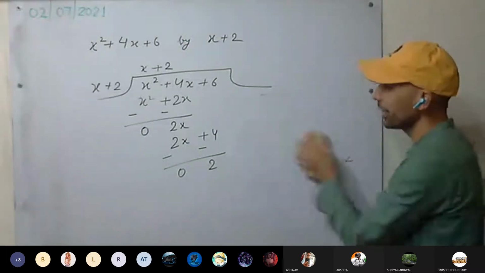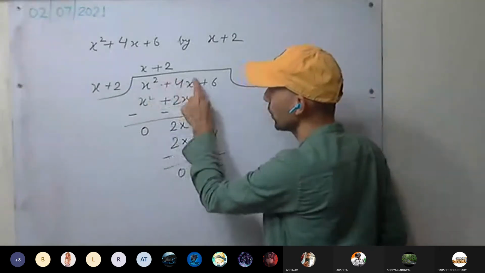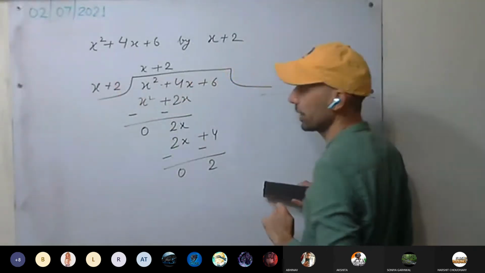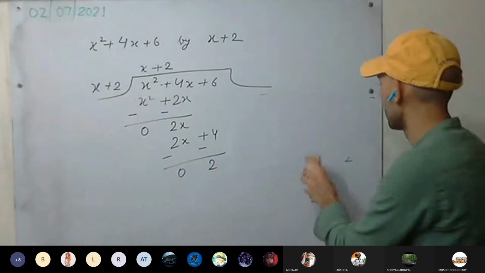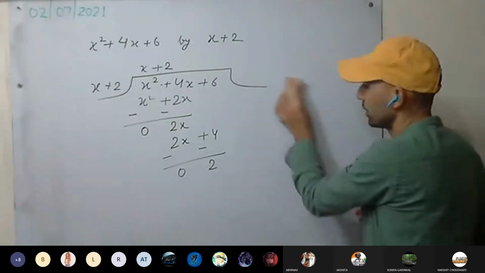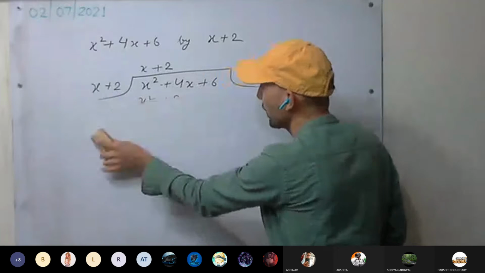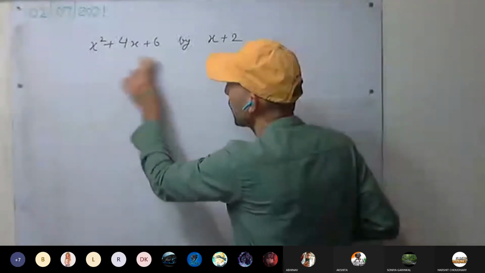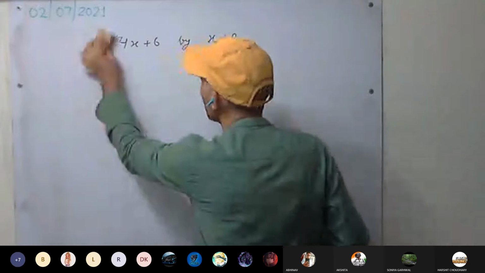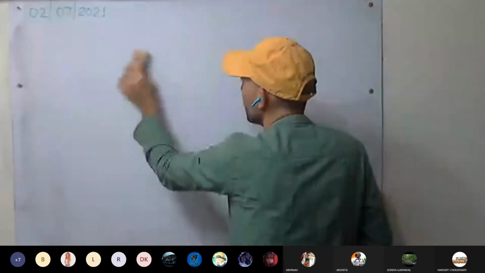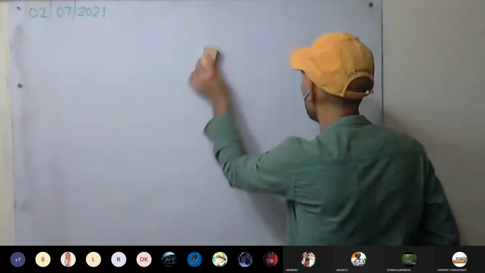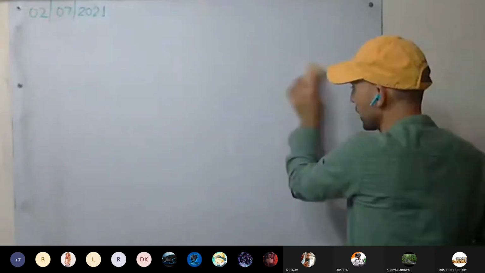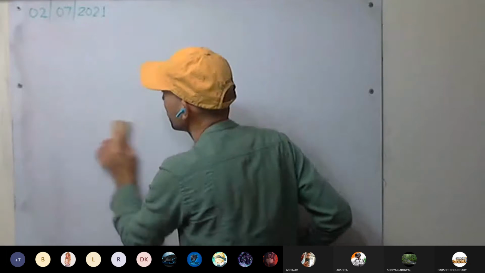One more thing, look here, see how the powers are decreasing: 2, 1, 0. One by one they are decreasing, okay? Do the next one. Has everyone understood this one? Does anyone have a doubt? Who hasn't understood? These are very important. Okay, then do the next one.